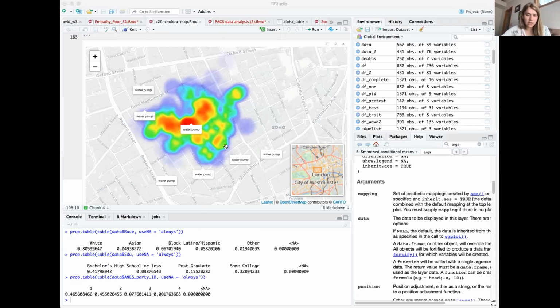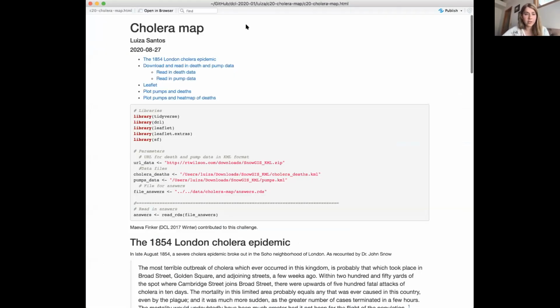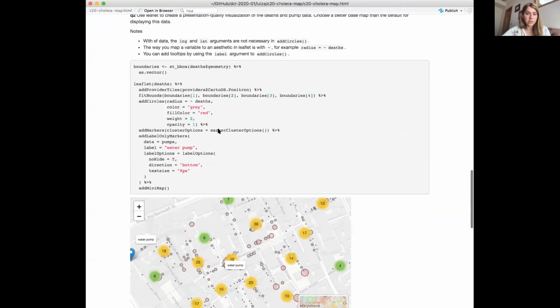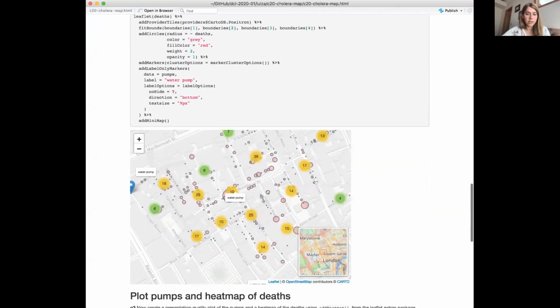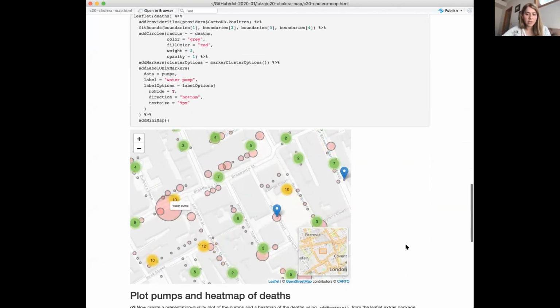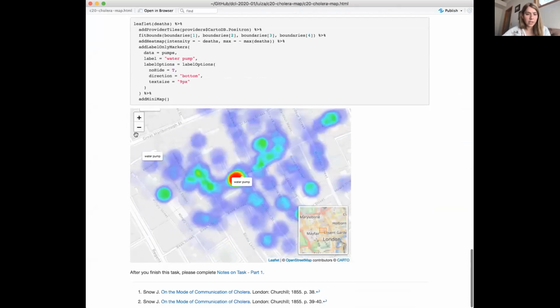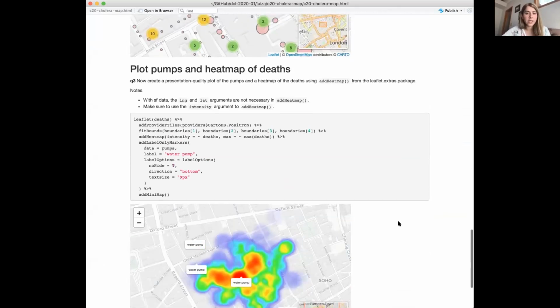So I just think this is super powerful, that we were able to do this with just a few lines of code and some Googling. It's really great. Oh, sorry, I think you're still seeing my screen. Okay, great. So this is the knitted document, the HTML file where you can click on things and it changes. It takes you there, and you can interact with the maps, and that looks like a web page that you could add to your website.